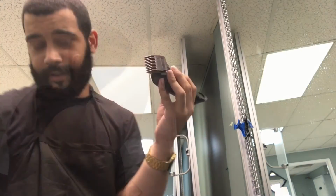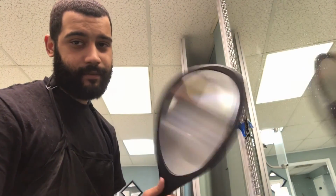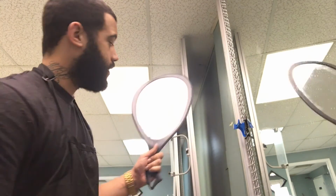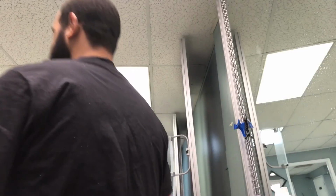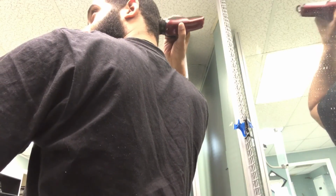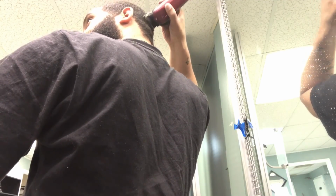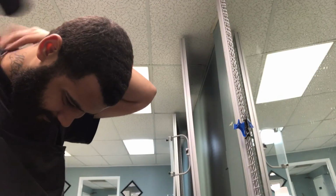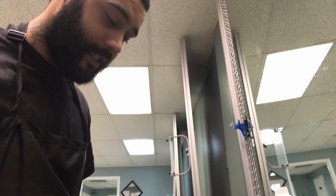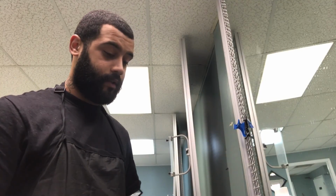Still to this day. I'm about to switch it up. Left hand on. Now for the back, we're gonna use our trusty mirror, so that way I can see what I'm doing and not plug myself. Alright, y'all, for the most part I got the bulk down. Now really, what I'm gonna do is, matter of fact,